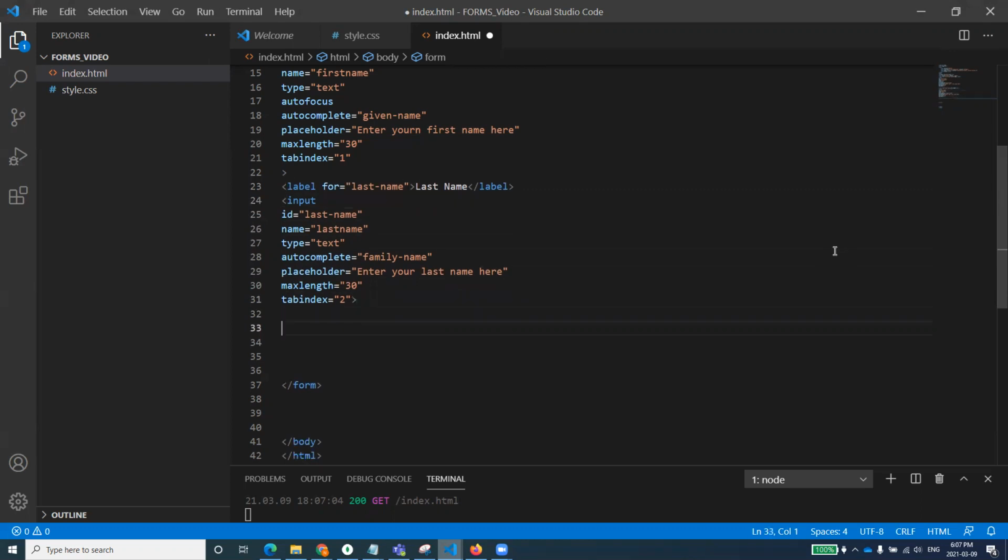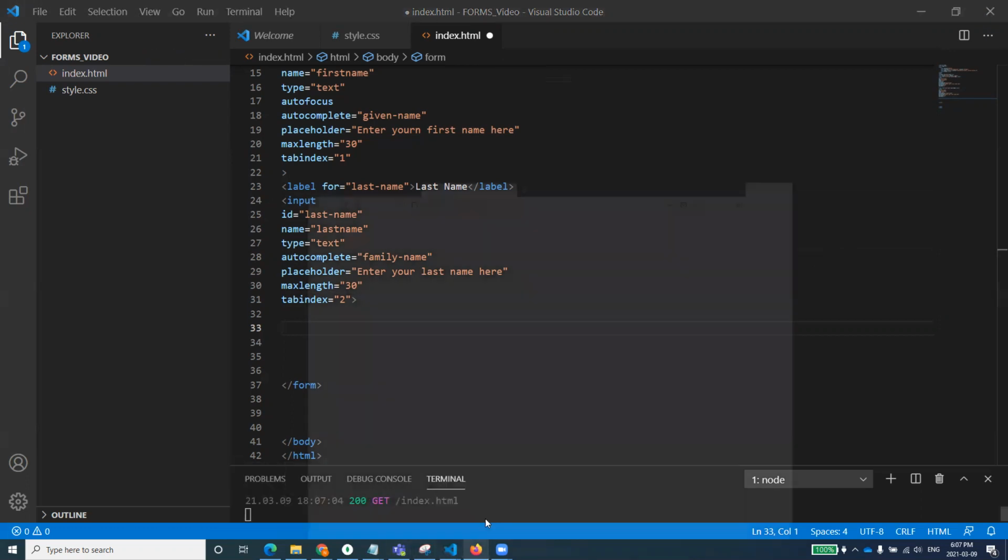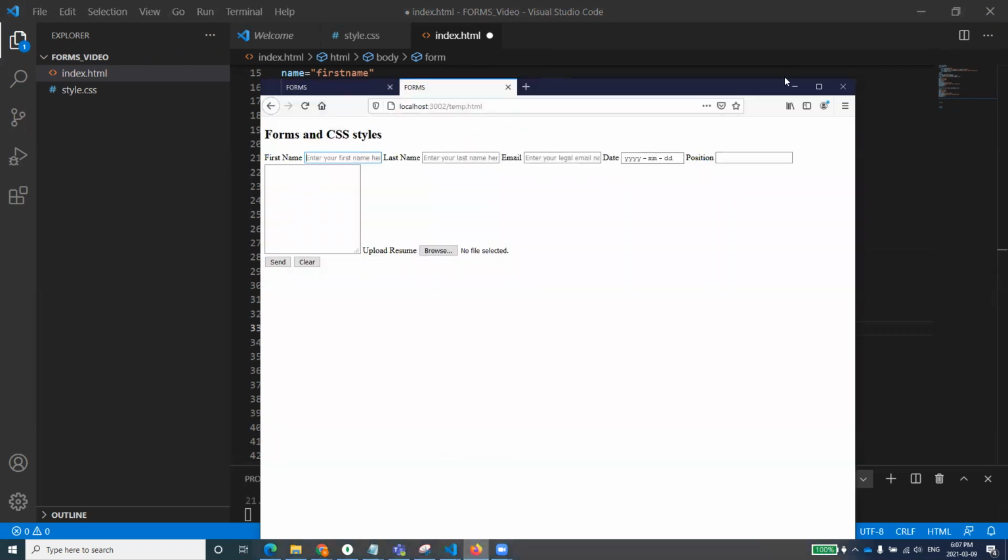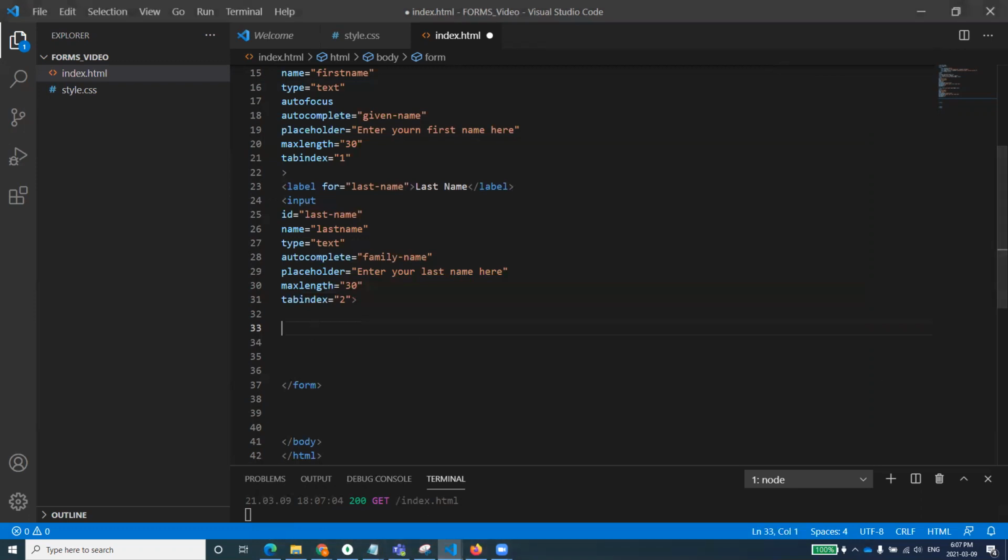Okay, so now let's talk about the third one, the email one. What is our third one? If you go here, the third one is the email one, and then we have date. So I'll just create a label for email, and I'll select email, right? And I will write email here. Let's make an input box. So type is equal to text. Now here intentionally I'm removing this type equal to text. Why? Because I'll just let you know what I'm doing.